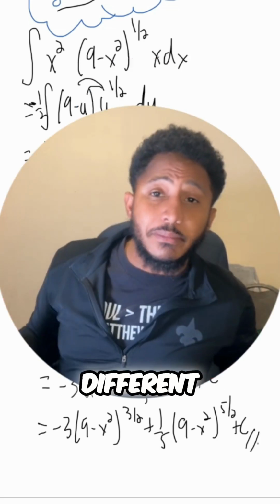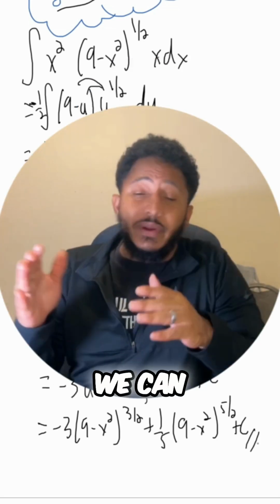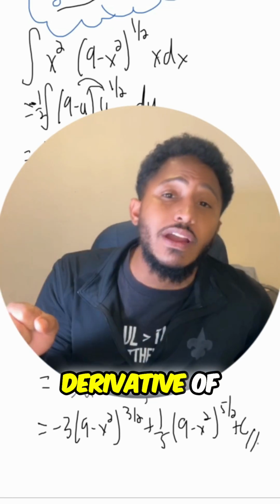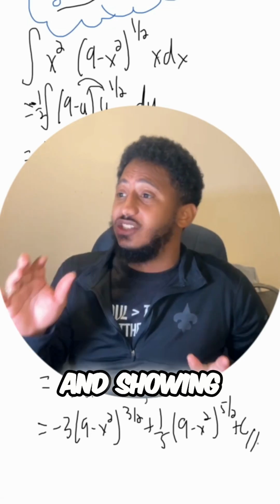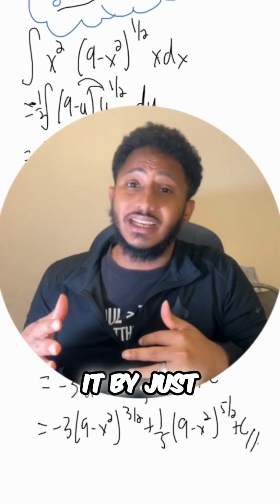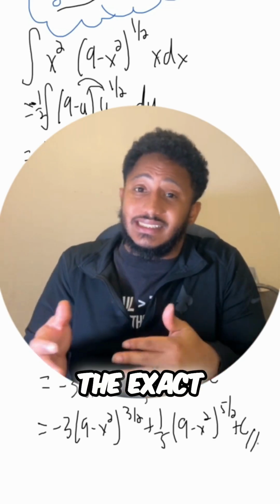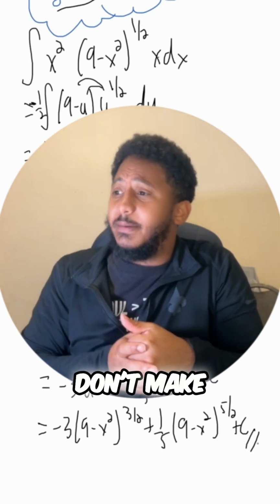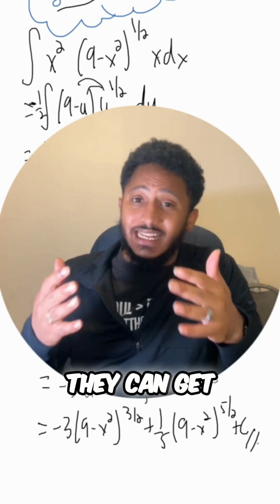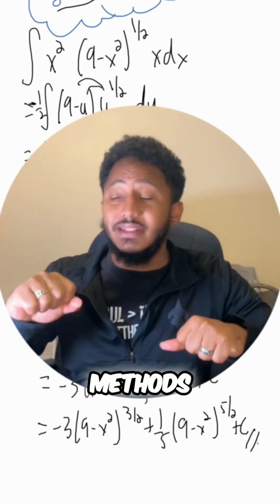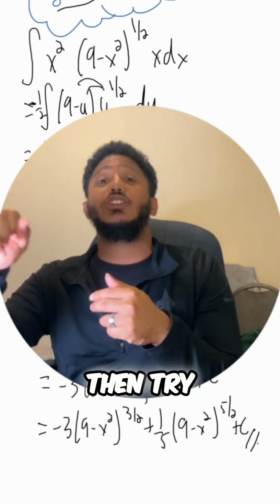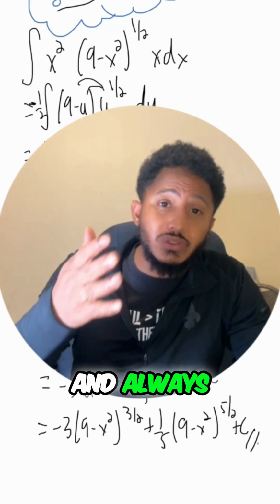Now again, there's a bunch of different methods for integrating, so don't forget we can always check this. Don't forget that Nike step, right? We can always check this by just taking the derivative of this expression and showing that it equals our original integrand, all right? Or we can check it by just integrating a different way and see if we get the exact same integral, as long as we don't make any small mistakes. So again, integrals aren't too bad. They can get complicated because there's so many different methods. But don't get frustrated. Just always try a U-sub first and then try those other methods. Okay, all right. And always remember, math